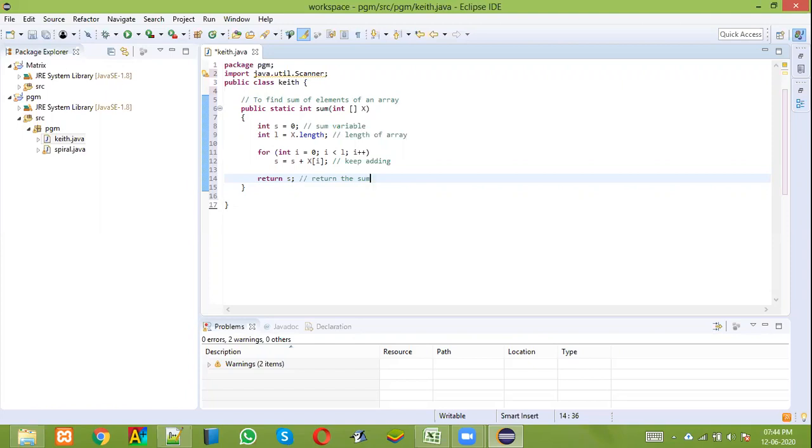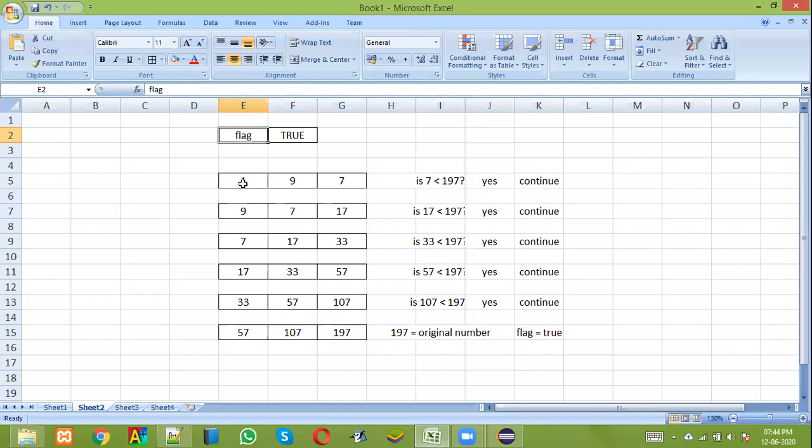Now I am going to create another function called the shift function. If I give this array as input, I should get this array as output. That is, I am performing a shift. This 9 I'm putting here, I'm putting the 7 here. Here I'm putting the sum of elements of this array. So I am performing some sort of a shifting operation.